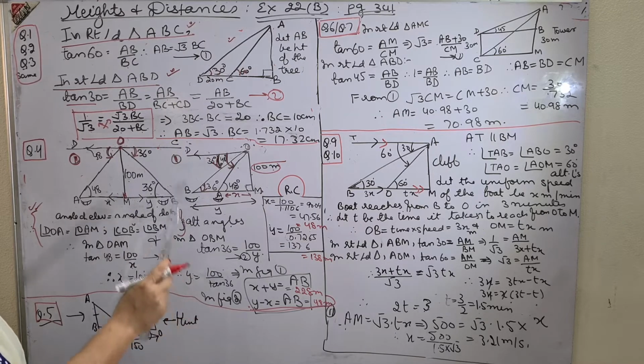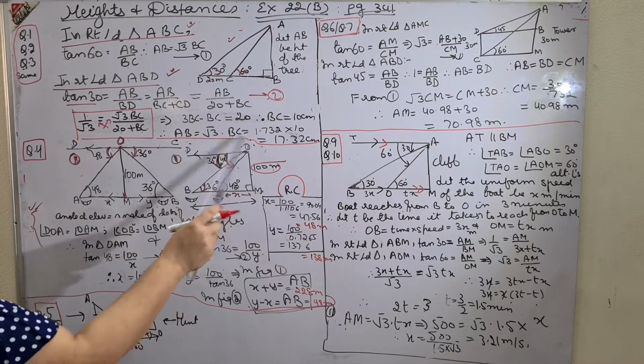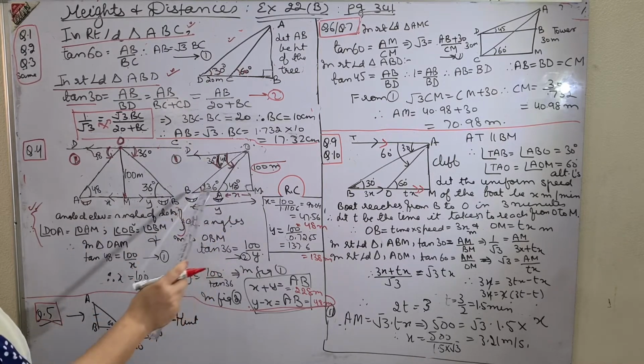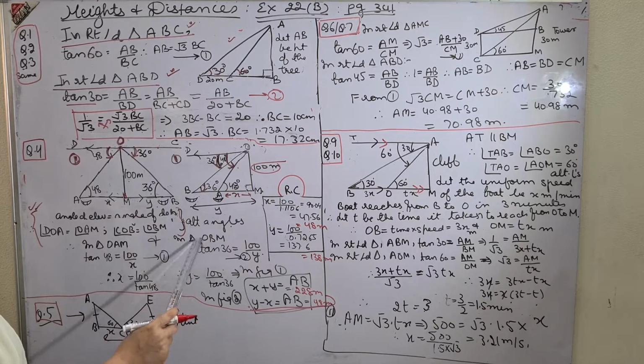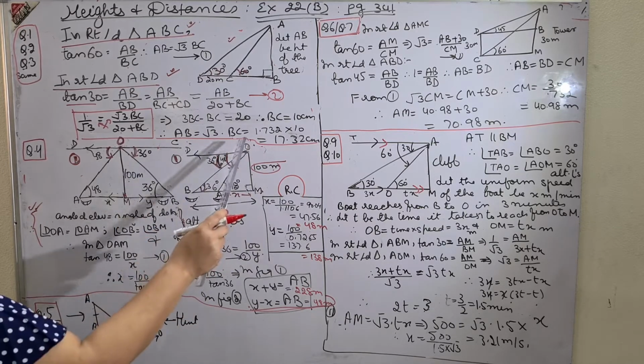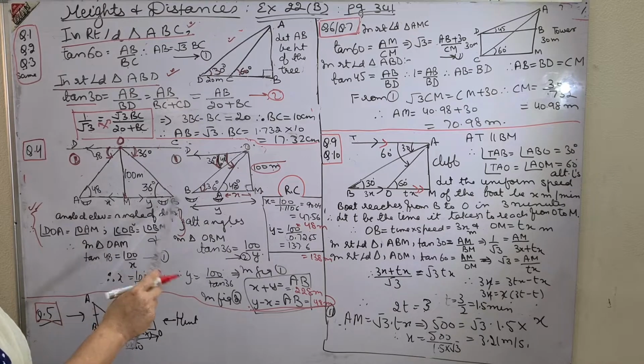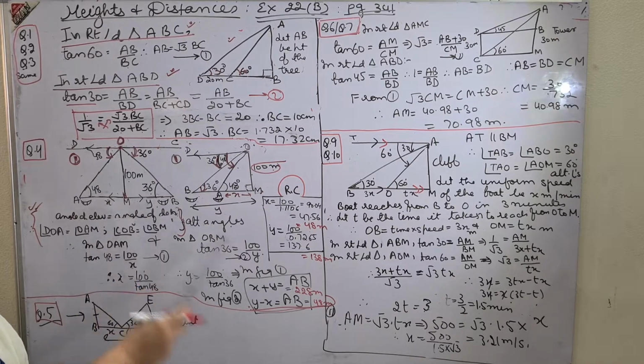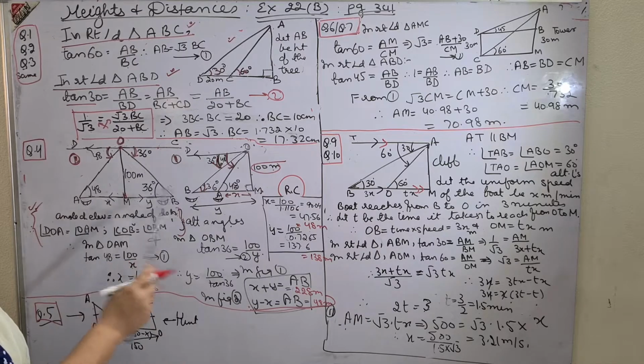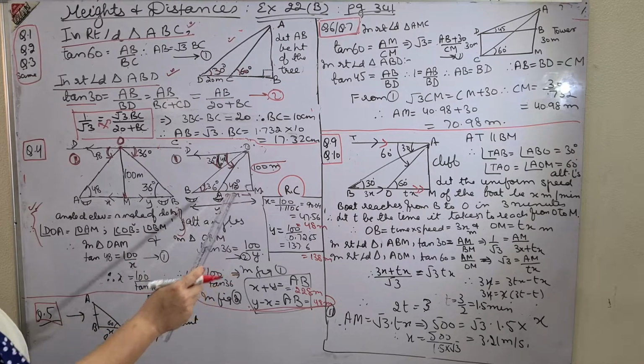I am doing it. Just remember that the same points are to be written and the same distances are to be supposed. In triangle OBM, tan 36 is equal to 100 over y. You find out the value of y, that is 100 over tan 36. When you have to find on the opposite side, then you will add x plus y, as I have done. When you have to find on the same side, then you will subtract x from y.